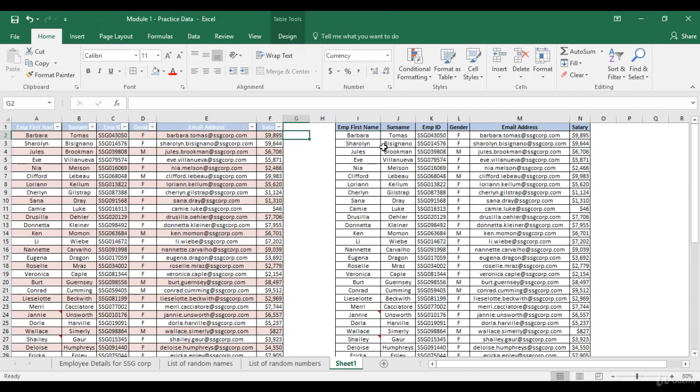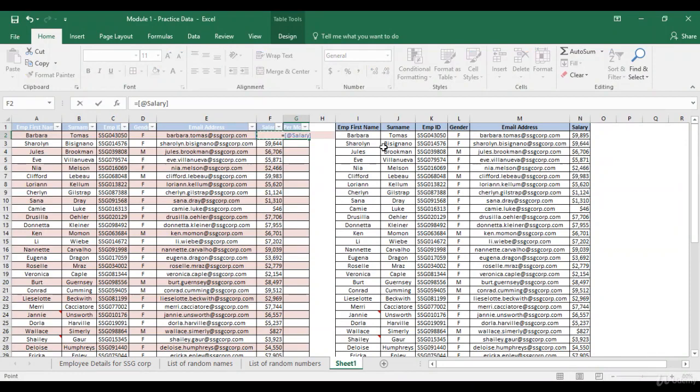Now let's say I want to populate a formula. This is the annual salary, and I want to divide it by the number of months to get the salary per month. As you click on per month, you basically add an additional column, so it is very simple to change the table structure. To call a formula, you write equal to, pick the salary over here, and divide it by the number of months. As you can see, it automatically gets populated.